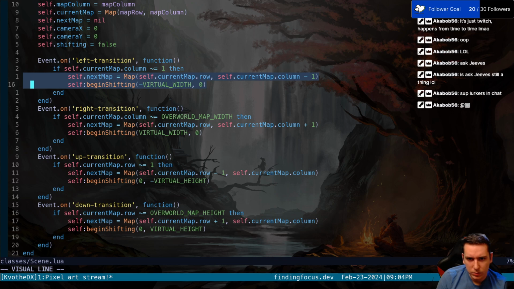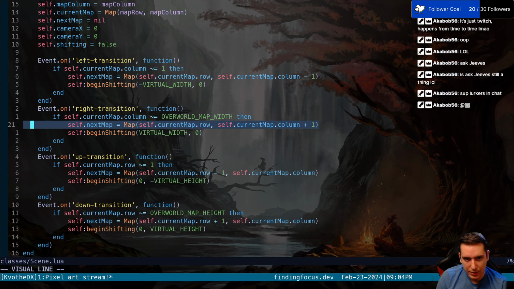Okay, yeah. So if we walk right, we would instantiate a next map at the one column in front of it. And what happens with that next map is that next map is a map instantiation, so it should be inserting our pictures into